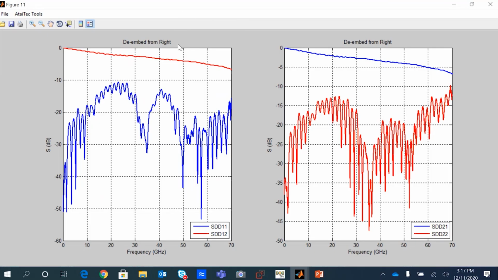So the blue trace over here is the input return loss. The red trace over here is the output return loss. And then we see over here the insertion loss, the differential insertion loss of the probe itself. In the forward direction is the blue. In the reverse direction is the red. And they're the same as we would expect because this is a symmetric and passive device that we're extracting